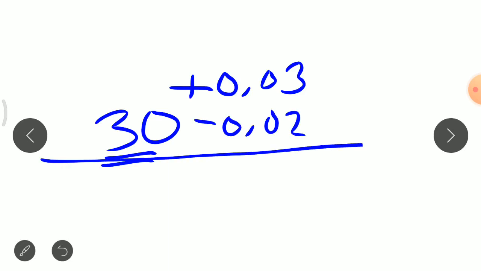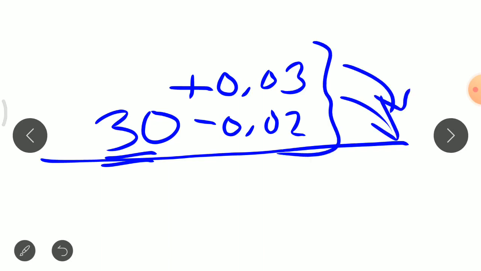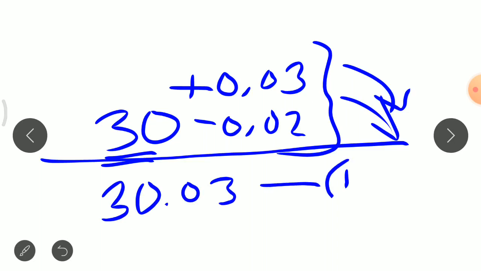Then we can find out the tolerance, or the higher limit and lower limit, by using these parameters. Here I will write the first value, that is 30.03 mm. This is the first, the maximum limit, and the second value is